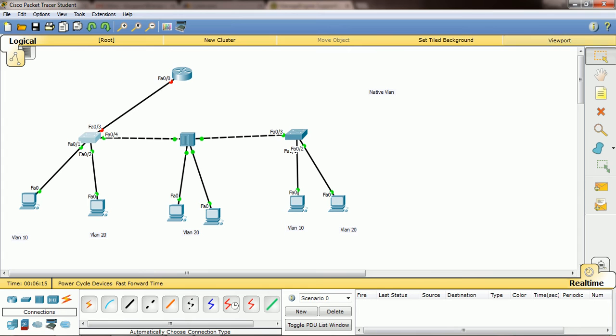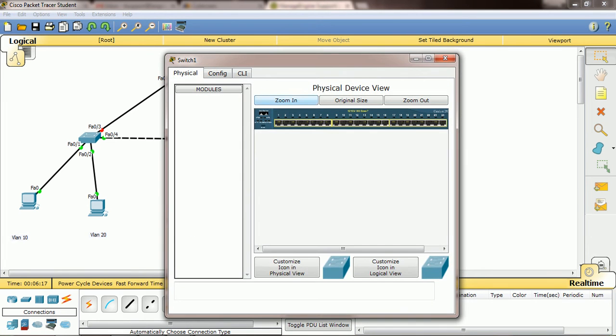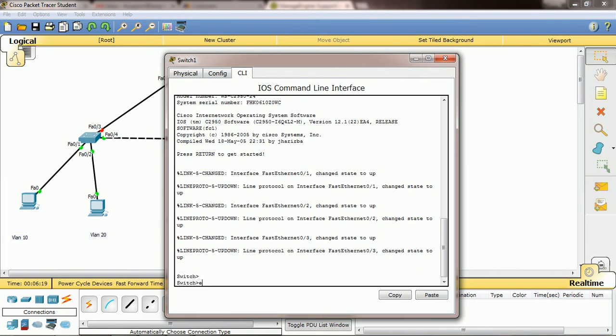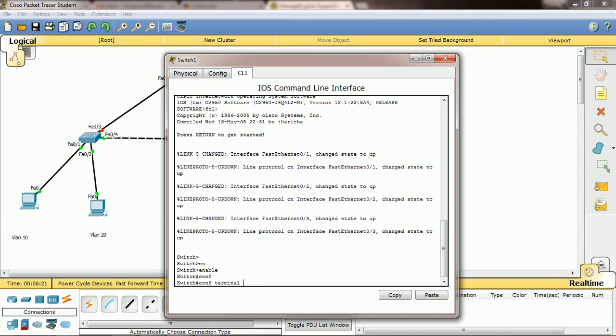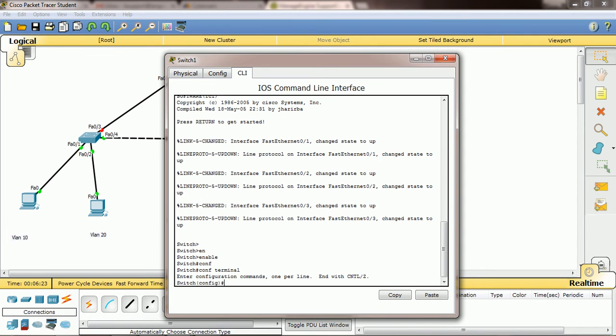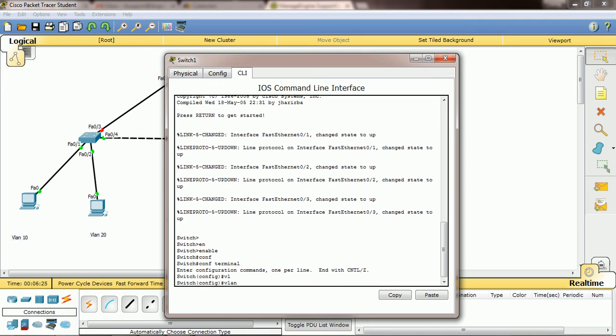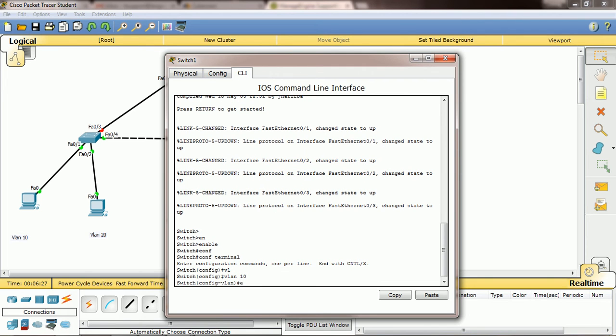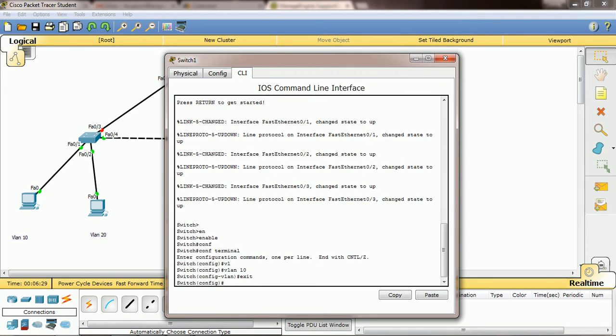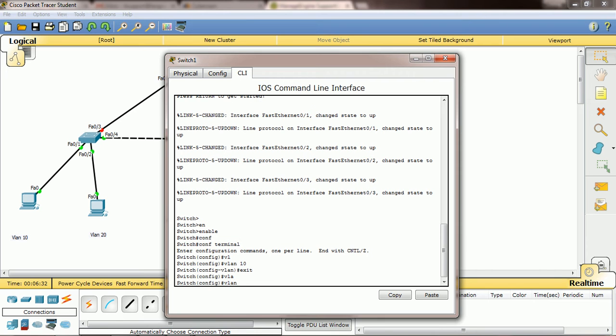What we need to do is create the VLANs here also. We enable config terminal mode, then create VLAN 10, then exit, then VLAN 20.